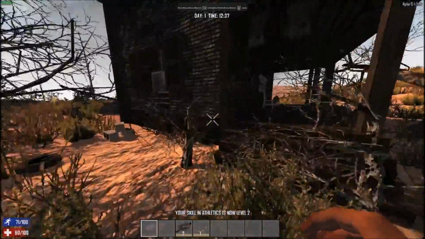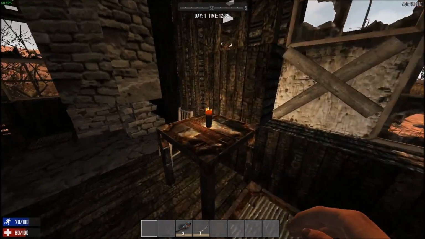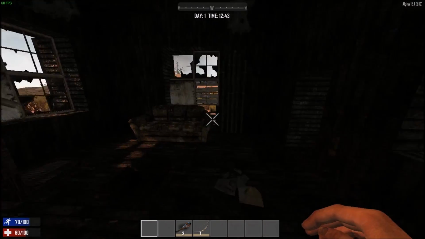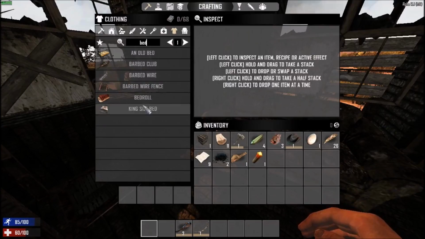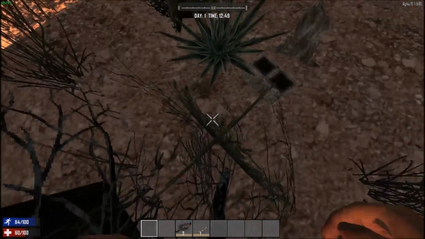Rather, I would actually recommend starting out to go inside a prefab structure and, you know, making it a little bit more homey. Add some defenses to it. Make sure you got an escape route if something bad happens. And most importantly, make sure that you got a spawn point, which is going to be your bedroll, which takes 20 plant fiber. So it's insanely cheap